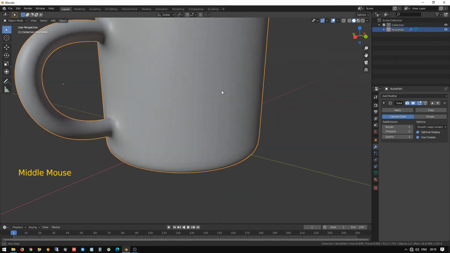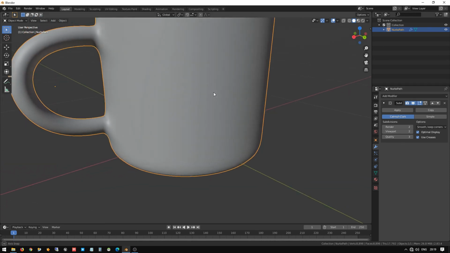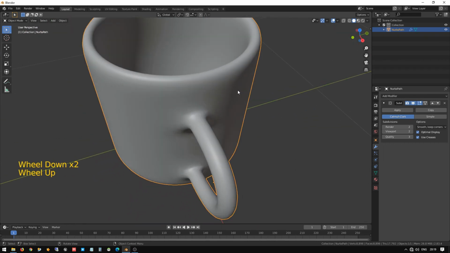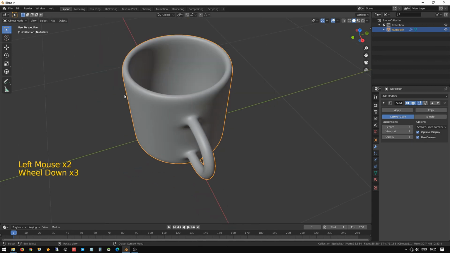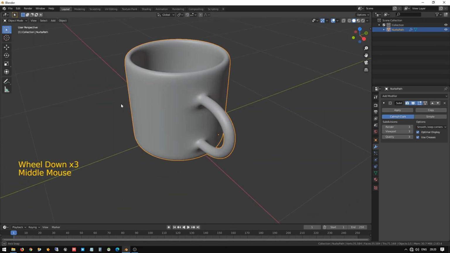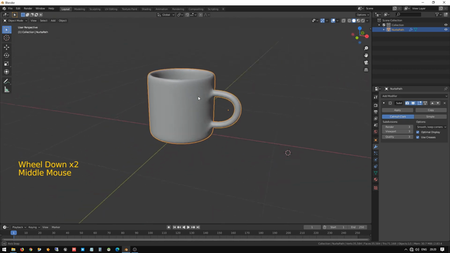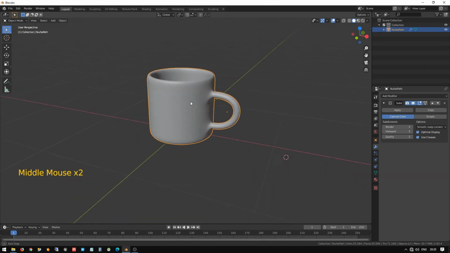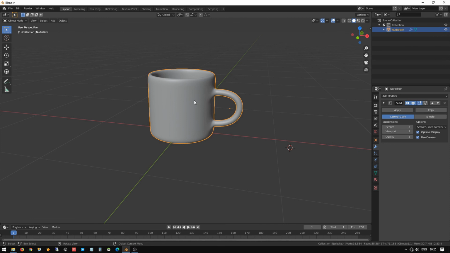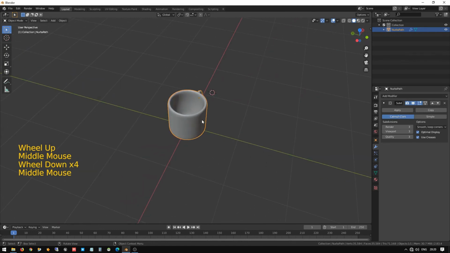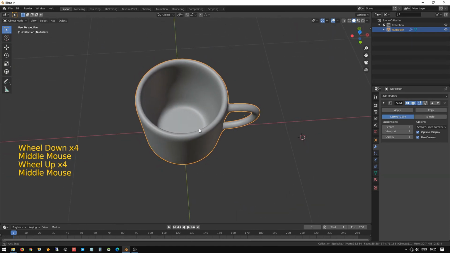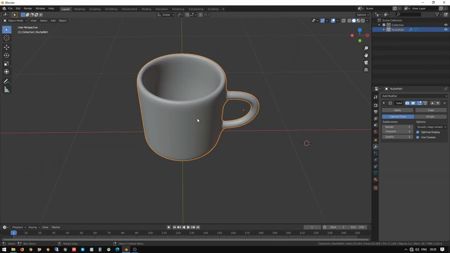In the viewport I'm going to click 2. You can see now it looks very nice. I'm going to give some more resolution for the same. I'm going to make it viewport 3 and render also 3. So now our cup looks very nice and superb. The tea cup is ready now. We created it from a small circle mesh, and now we have made a superb tea coffee cup, which looks good.